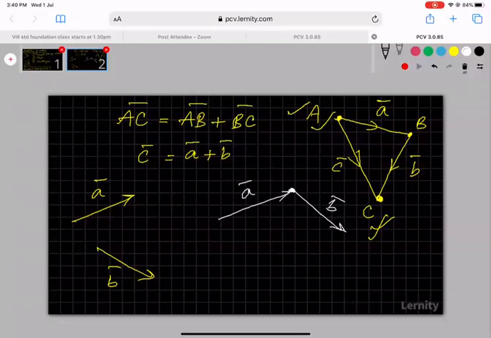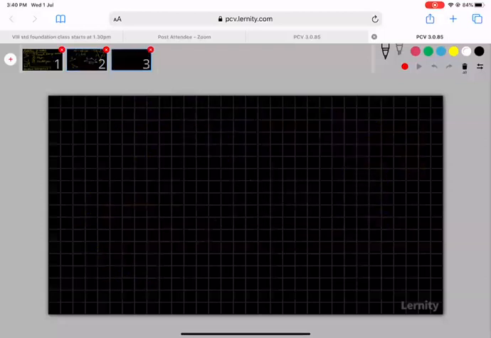When two vectors are to be added, or drawn successively, then the vector joining the initial point of the first vector to the final point of the last vector is the resultant of those two vectors. This is the vector A bar plus B bar. This is what is called the triangle law of vector addition. If you want a statement, it goes like this.